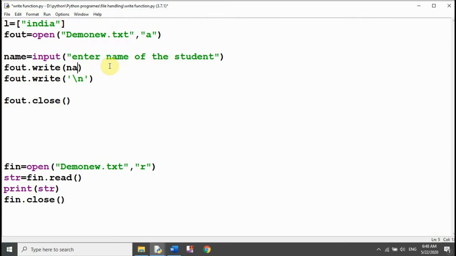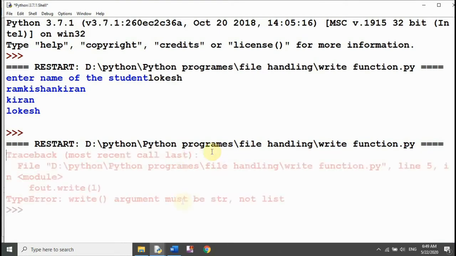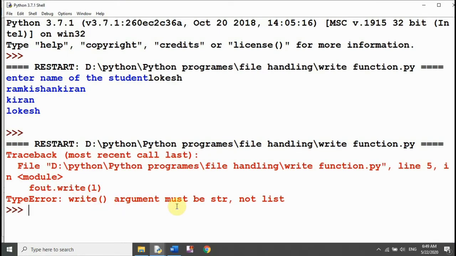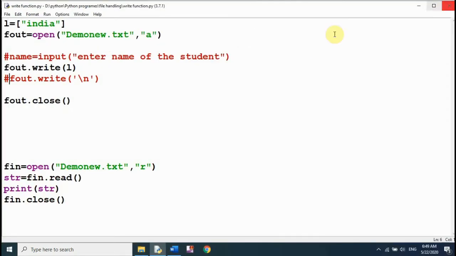Now pass this list over here and run the program. Now the error is here: write argument must be string, not list. It means using write we cannot write a list into the file.